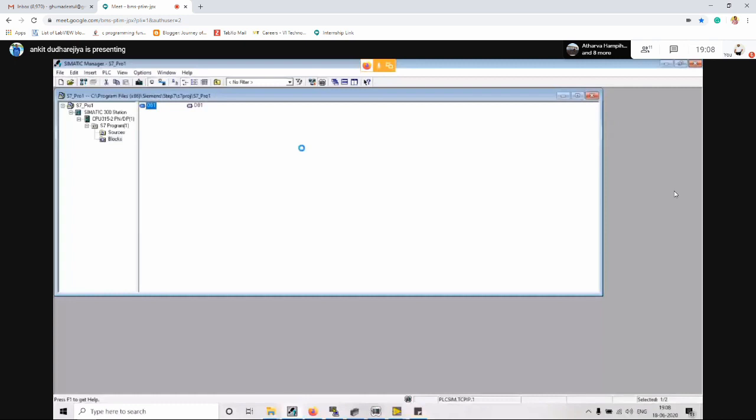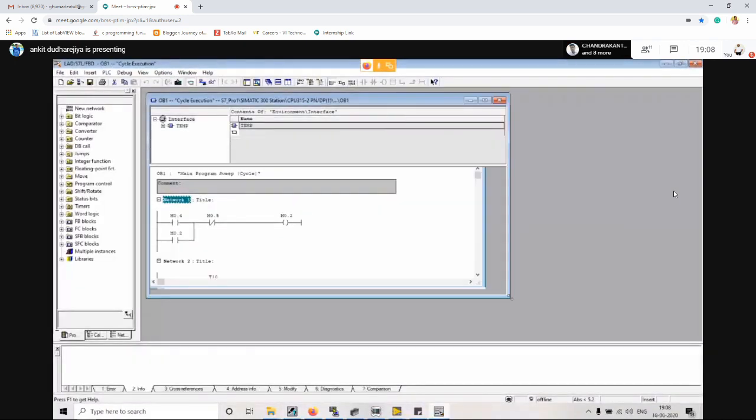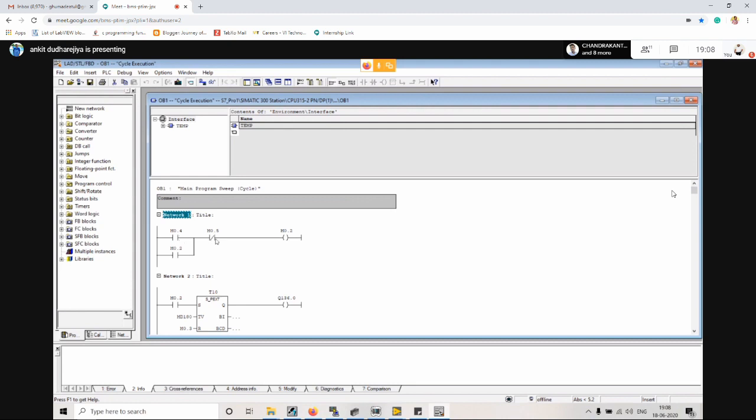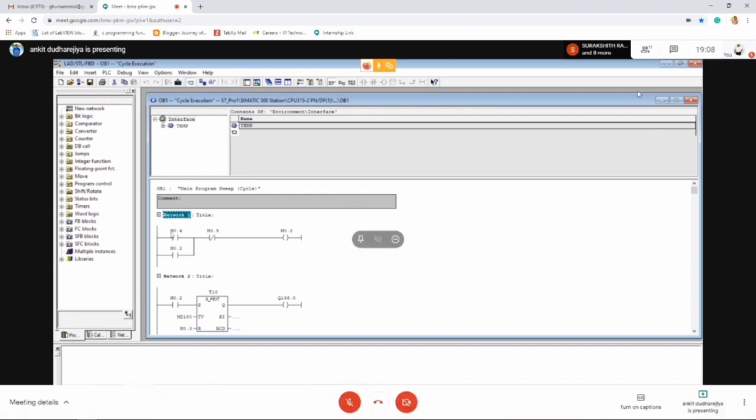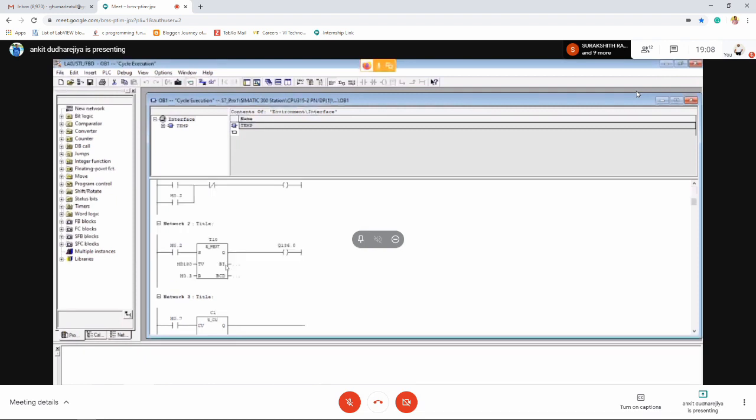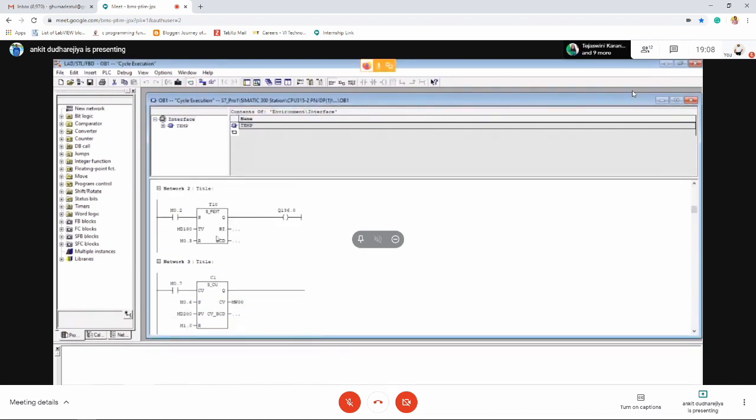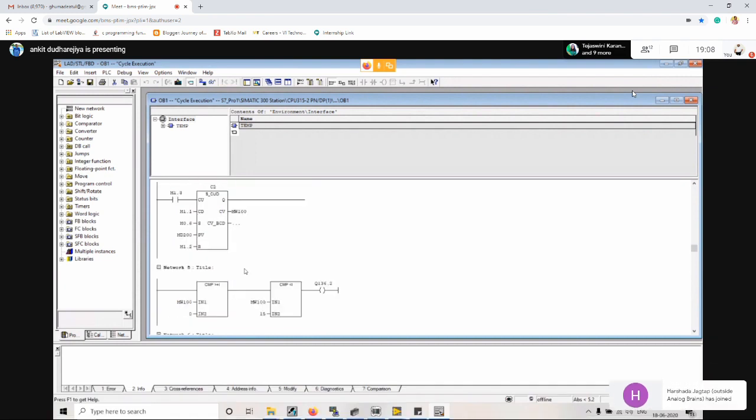Ladder logic is mostly used right now in the industrial automation field, where it is very simple. Maybe you have heard about normally open and normally closed contacts, and using those we make a star delta starter or soft starter in our small projects. So using the normally open, normally closed contact concept and ready-made instructions for timer or counter, for comparison, or for the addition of source one and source two, all the ready-made instructions are available in our PLC programming software. Using those instructions, I have created a simple logic.